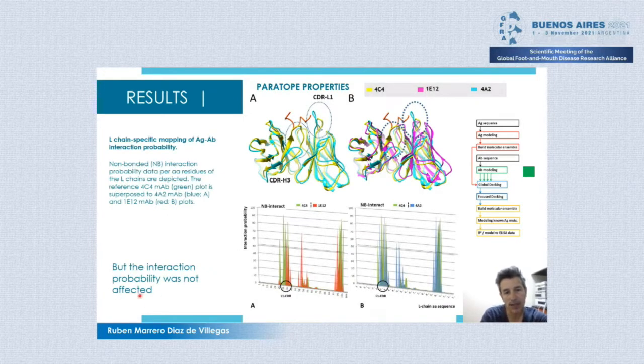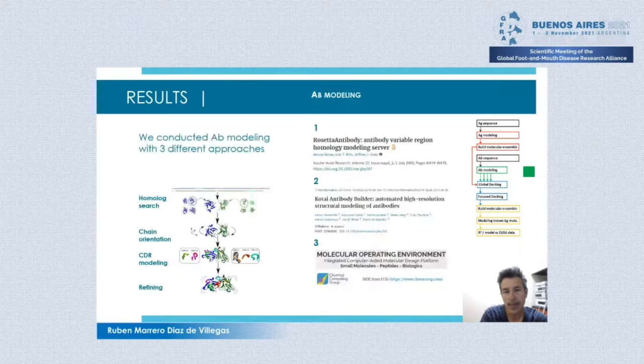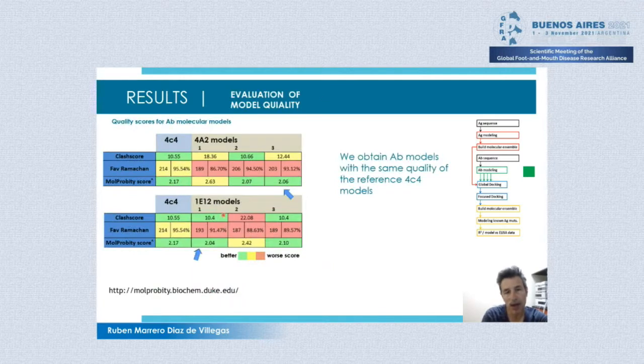Nevertheless, the interaction probability was not affected. Here we can see an interaction probability determination, and in red we have the information for the IgM that we compare with the interaction probability calculated for the reference 4C4 map, and we can see that the interaction probability remains. And next we advance to the antibody modeling, and we use 3 different flavors, different software, and obtain our models